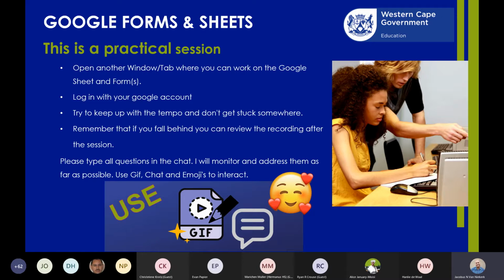Right, so this is a practical session. I sincerely hope you've got your Google Chrome open already. Just before we get going, I hope you all know where the reactions are. Can we just see a couple of thumbs and hearts and applauses? Some laughter would be good as well. There we go. Great stuff. Thank you very much. And use that throughout. If you find time to click on it, it just makes me feel that there's a little bit of interaction happening, that you're keeping up.